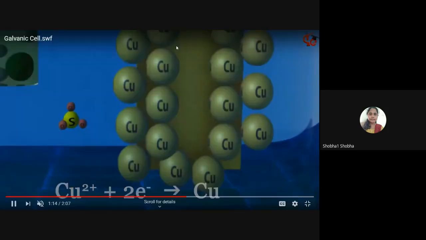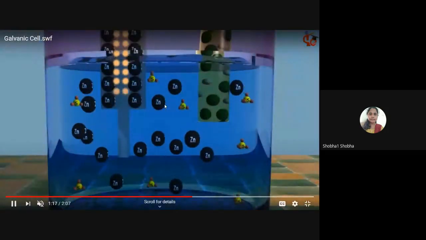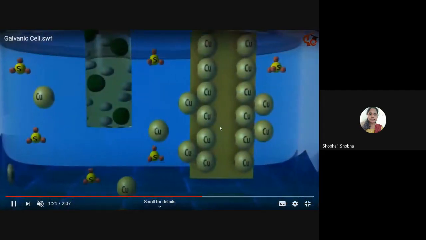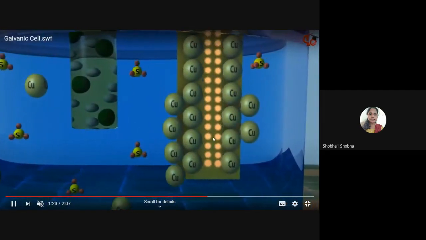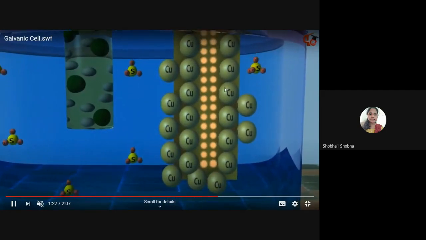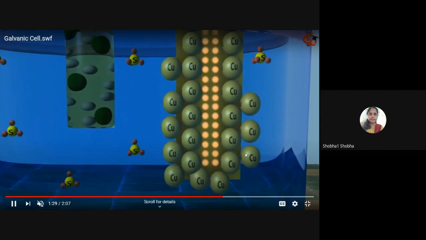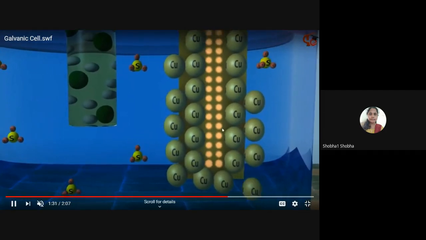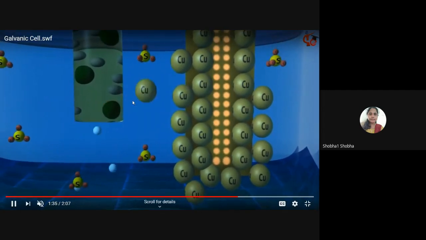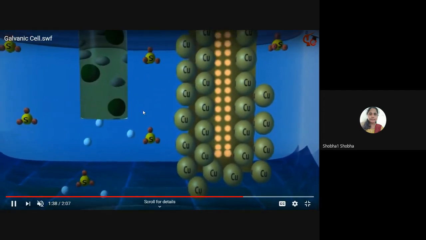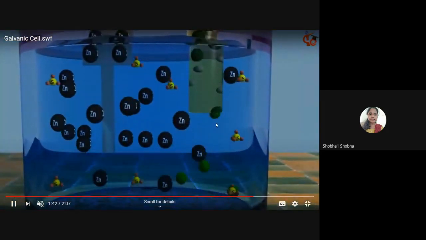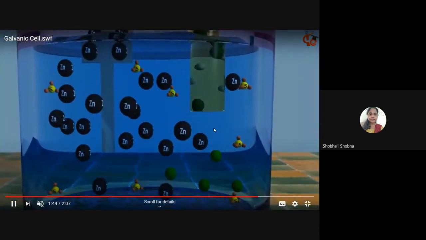And whereas copper is taking 2 electrons there, right? Copper is taking 2 electrons, and look here, many copper atoms are coming near to the electrode. Copper is coming towards this, because 2 electrons are coming, see here, copper plus 2 is coming from here and attaching, right? And here, this green balls are coming here, because here